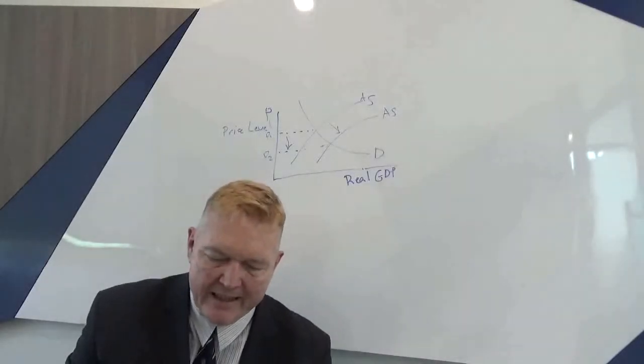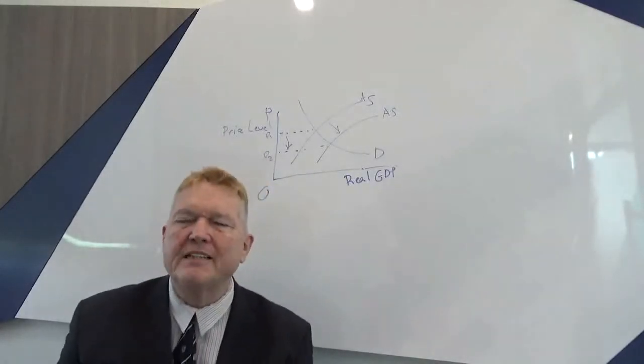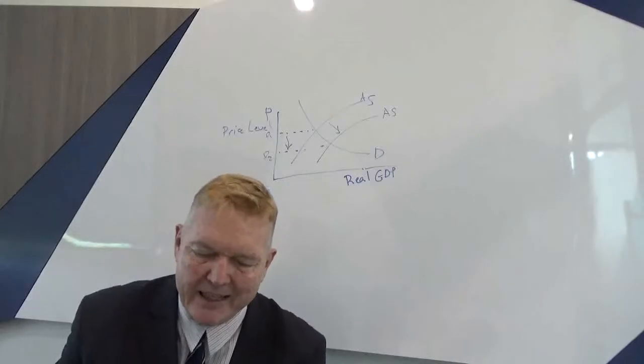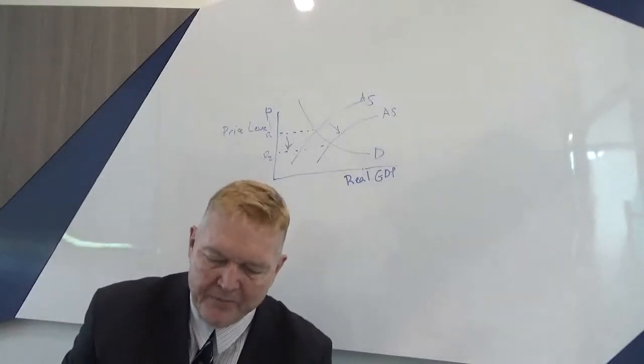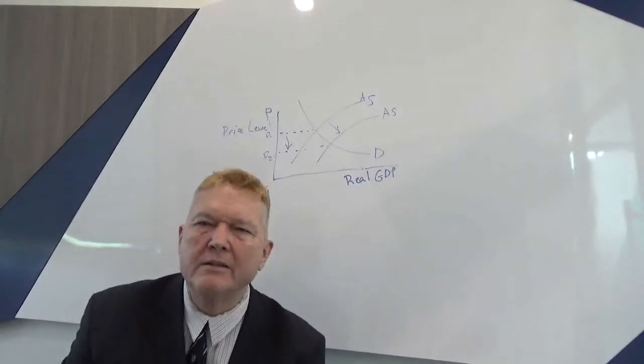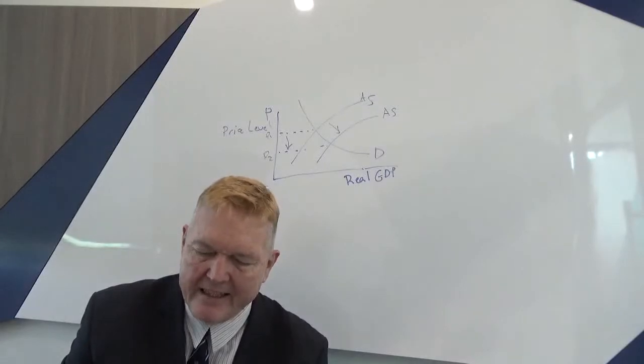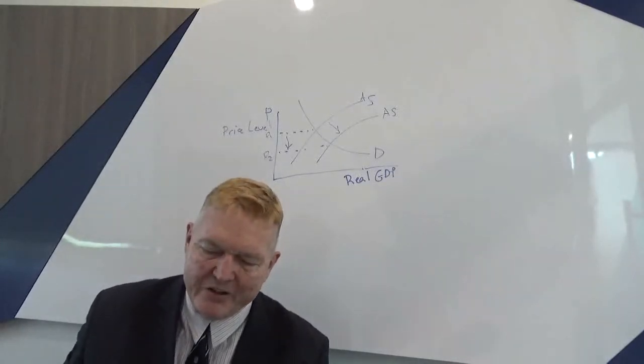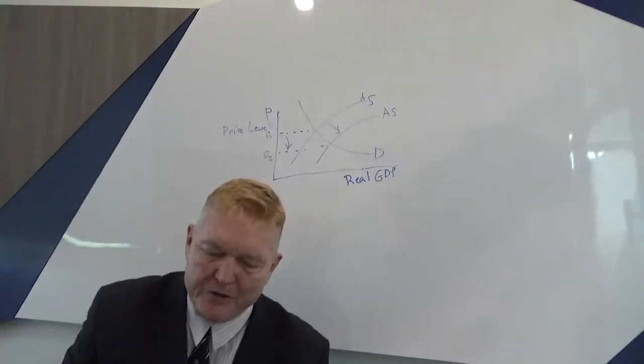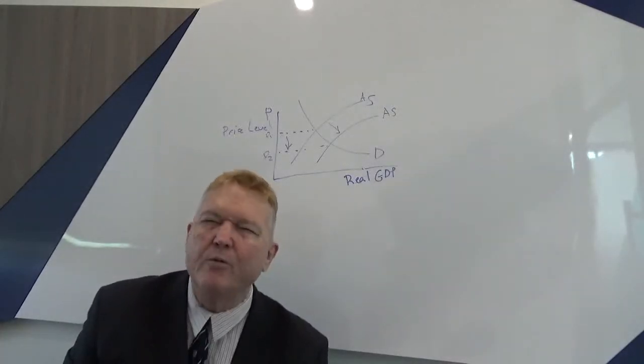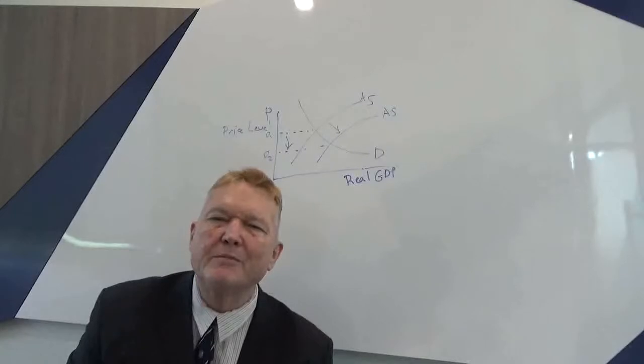They see 99.9% of economic activity happening on the horizontal side of the long-run aggregate supply curve, and it's only in the curvature when it's moving up to the vertical side,